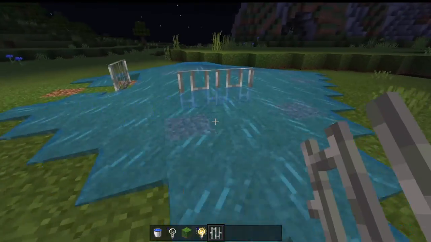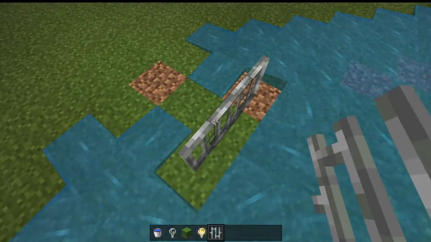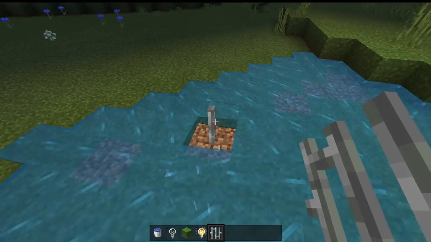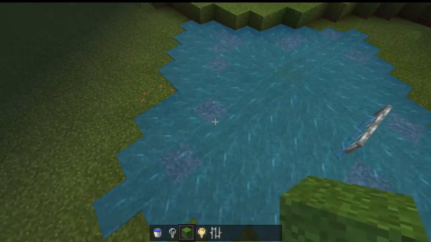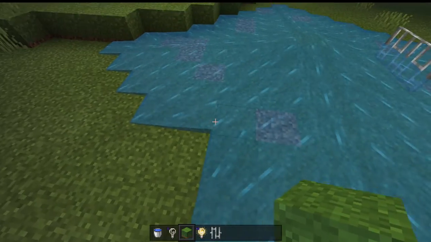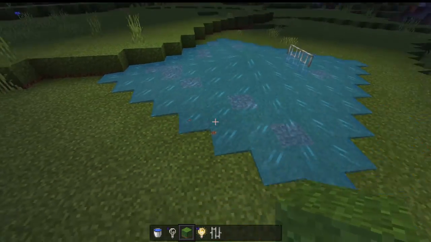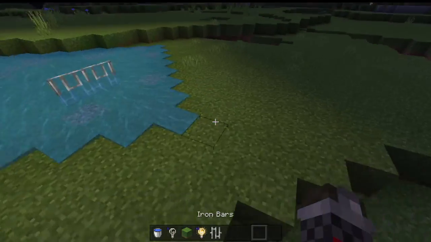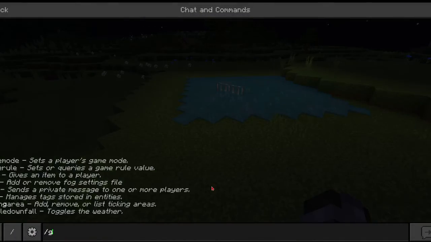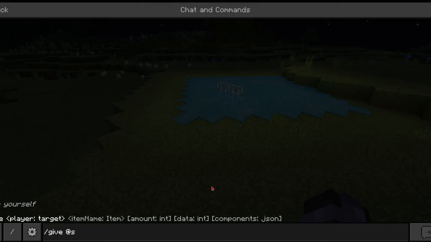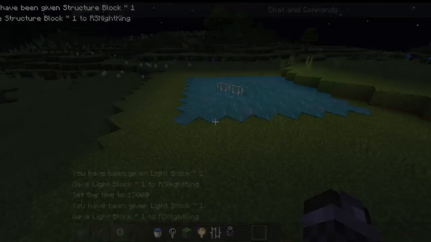This has potential for builders. Right now, I can't think of much of what to do with it, but I think this could be great for building in different ways. Like, you could also make puddles or whatever if you get yourself a structure block. So, structure block